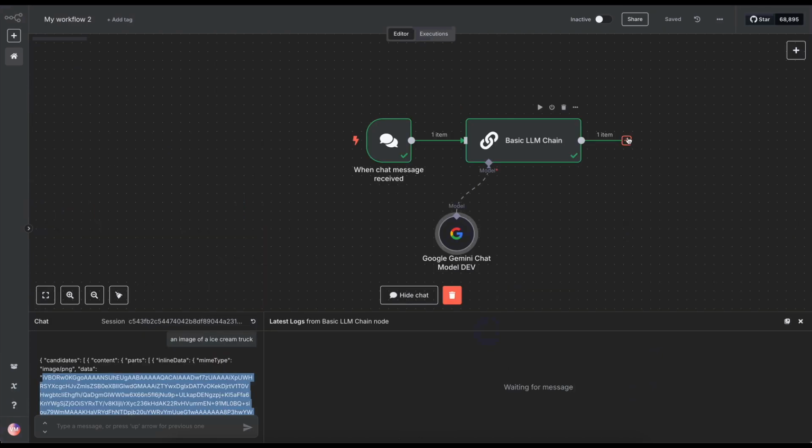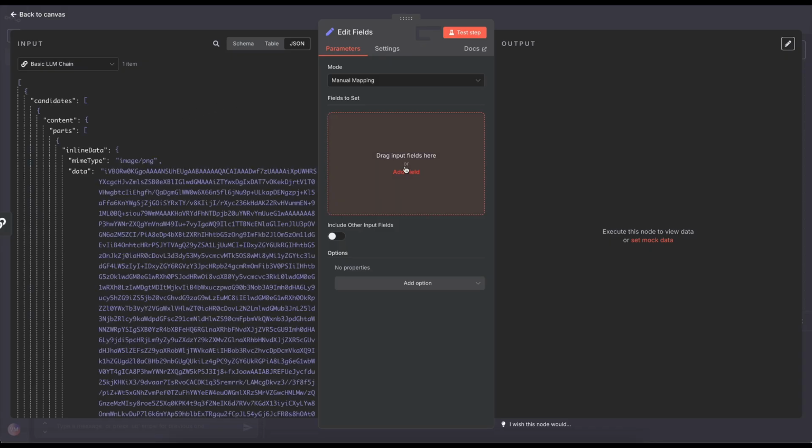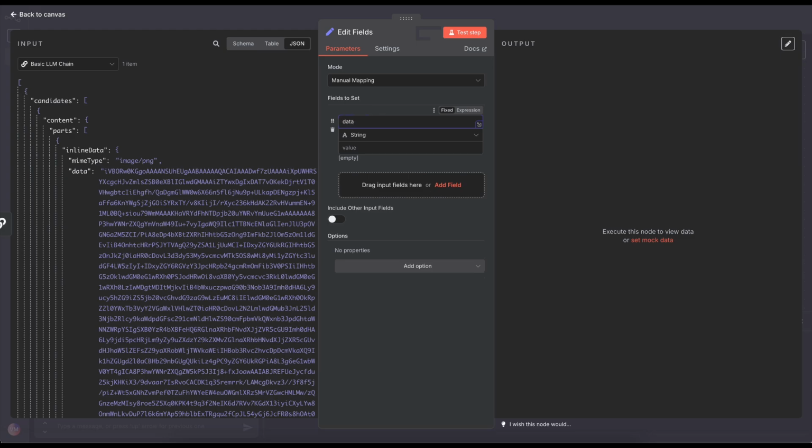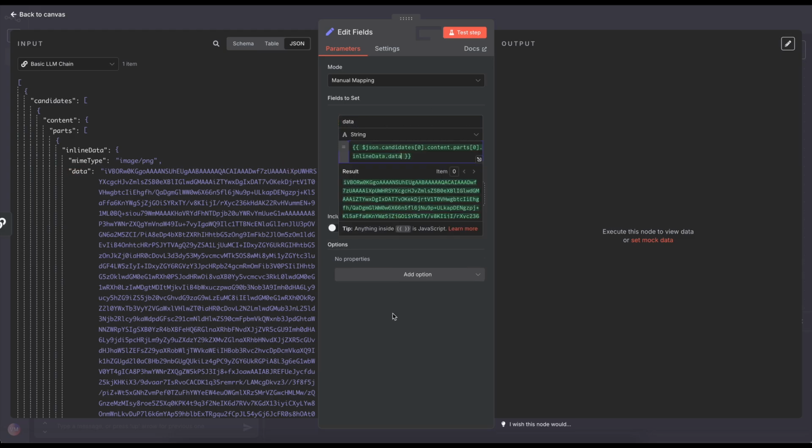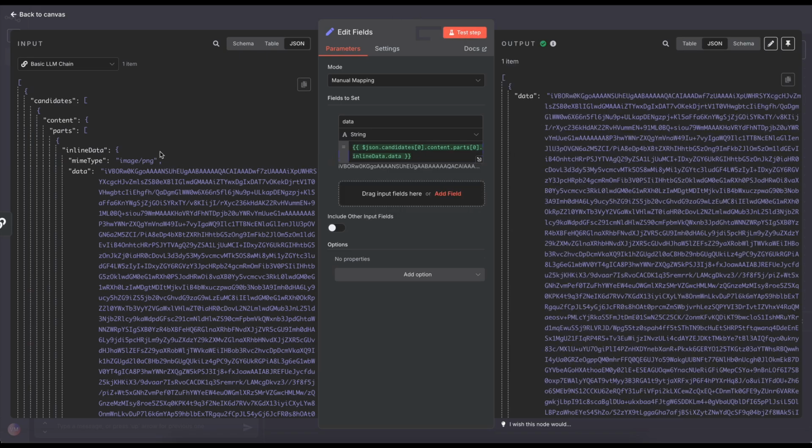The next thing we need to do is extract out this base64 data. For that, we are going to use a set node. I'm going to add a new field to my set node and I'll call it data. And this data node will contain the data from my Google Gemini chat model. Click test step. So I've extracted out the data from Google Gemini chat response to a completely new object with